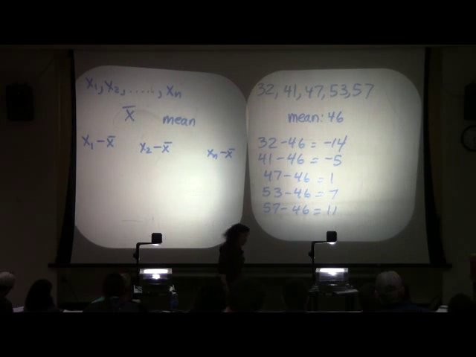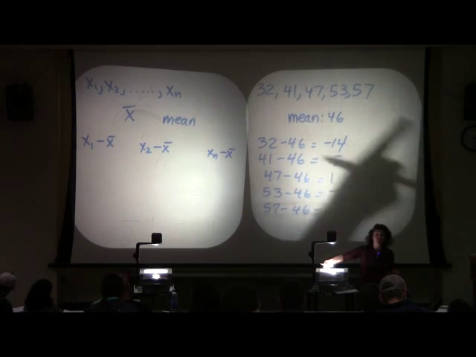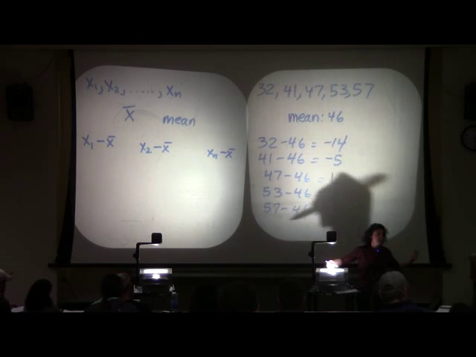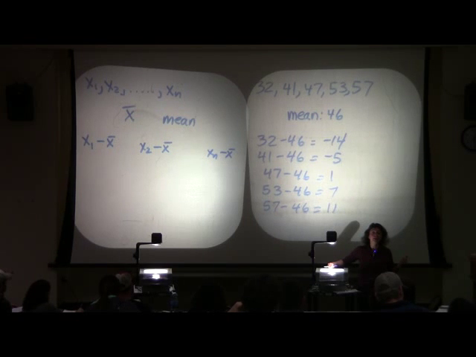Now, what should we do? Well, one of the logical things we would think to do is say, well, if we want to find out how much our mean deviates from all of our data, we could find the difference just like we did here, and then take the average of those guys. Wouldn't that give us a general overall view of what's going on? So we essentially take the average of our deviations. If I'm going to take the average of these 5 numbers, how would we do that? You would add them up and divide by 5.